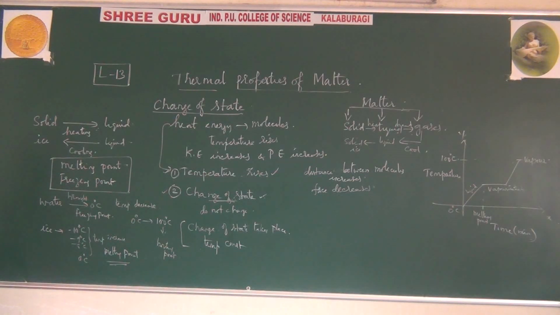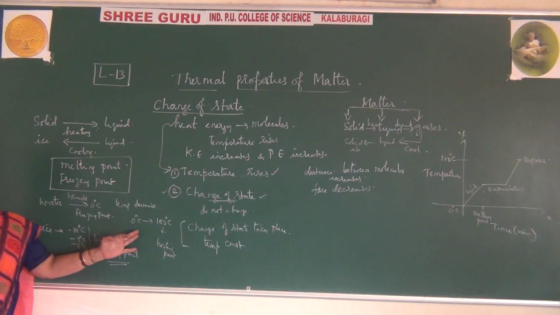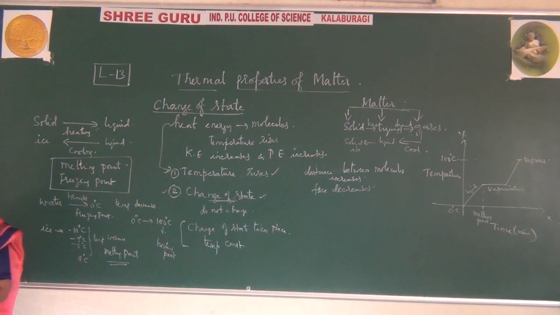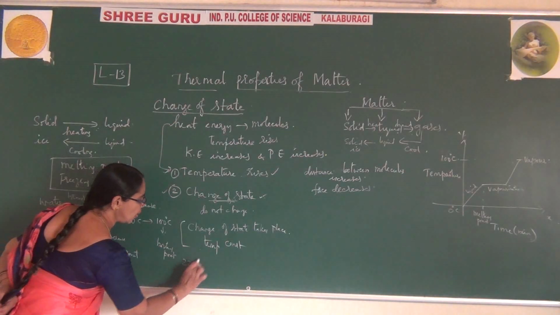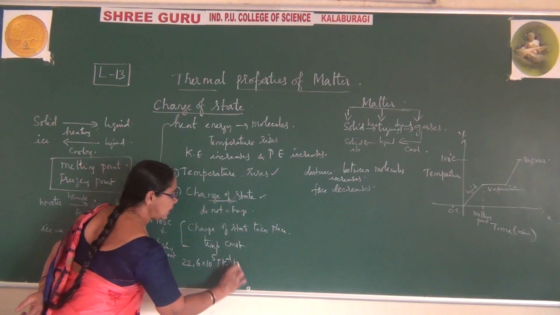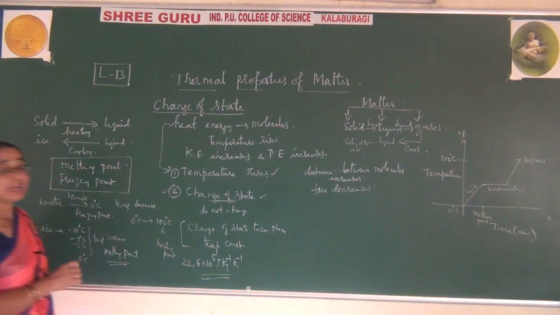At the same time, what happens here? You are giving heat to it, as I said just now. For 1 kg of ice, you are supplying heat, raising the temperature, giving heat energy to it, say 1 joule, 2 joule of heat, again and again. Up to what heat do you have to give? When it has to be raised from 0 degree centigrade to 100 degree centigrade, you are supplying 22.6 into 10 raised to 5 joules per kg.